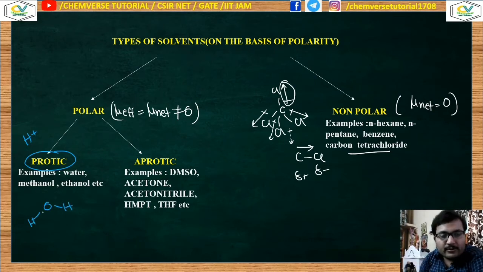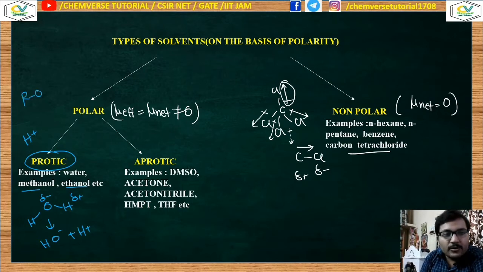Now in the water molecule, oxygen is way more electronegative than the hydrogen atom, so this OH bond is a very polar bond, and oxygen will be delta negative and hydrogen delta positive, and under certain conditions you know that it can be ionized in this way. So this is the case of the water molecule. The same thing occurs for alcohols like methanol, ethanol.